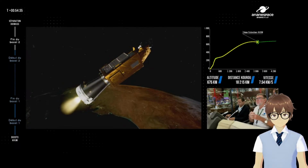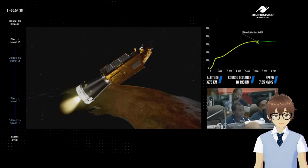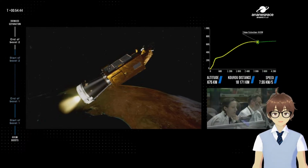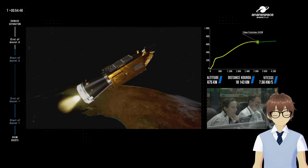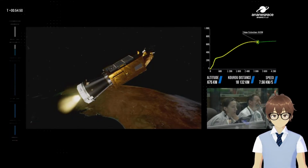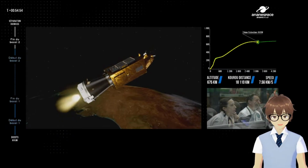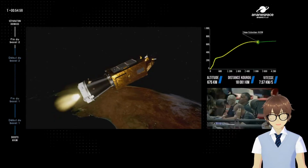So that's that. The P160 will be used not only for the Vega E upgrade, if I remember, but also for the Ariane 6 Block 2 upgrade too. So maybe we'll see that debut at some point. We'll see. In the meantime, this is the ignition of the second burn of the Avum Plus